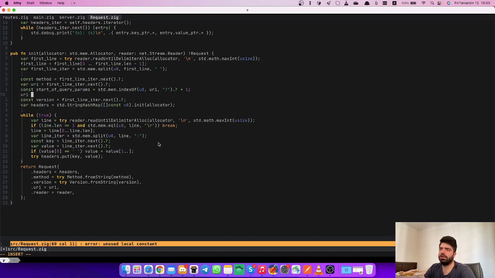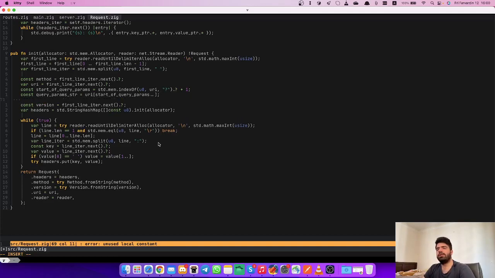Okay, so query params str equals URI, the start of query params till the end. This is query params, and the URI itself would be from 0 until start of query params - 1,